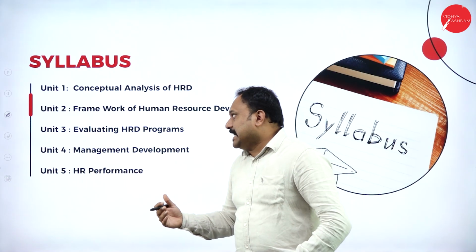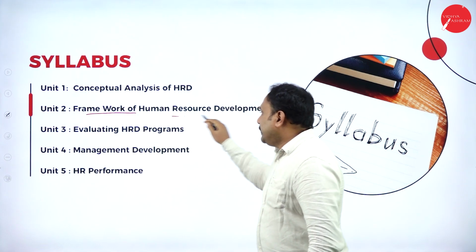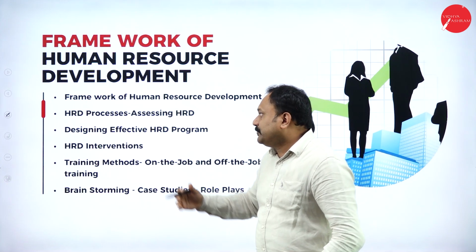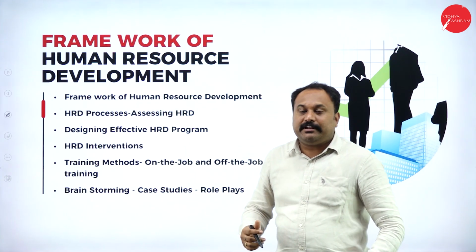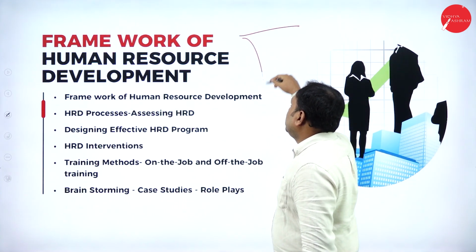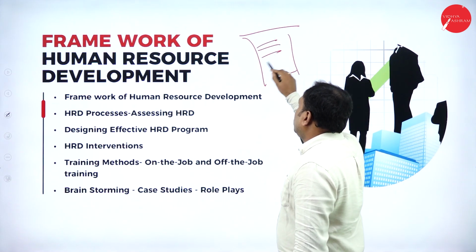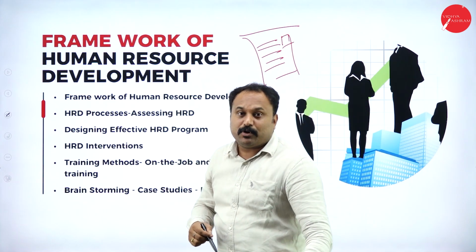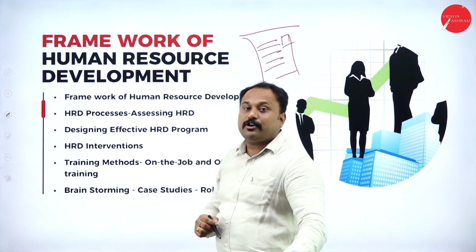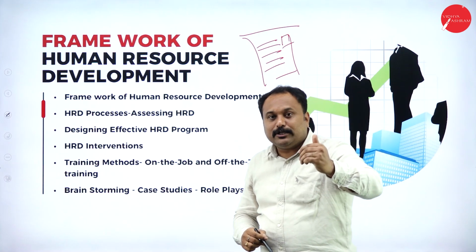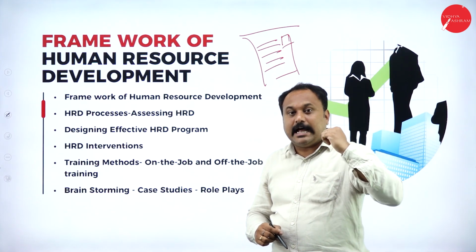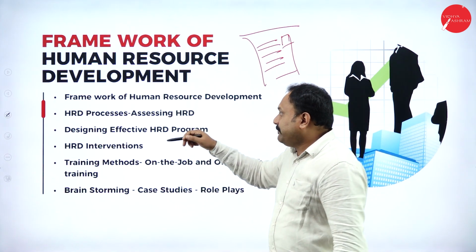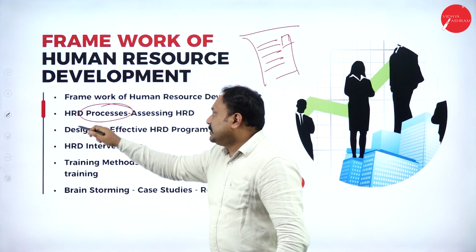Moving on, we have the second chapter, that is the framework of HRD. Now, in this framework of HRD, what all we have? We have the first one, the framework itself. Whenever we go with it, we have something called the framework. What are the things which we are supposed to do? Is the person there doing it properly or not? Is he up to the mark or not? Are the policy, rules and regulations being followed or not? That framework will be done here in the second chapter, and then we'll proceed with the processes of HRD